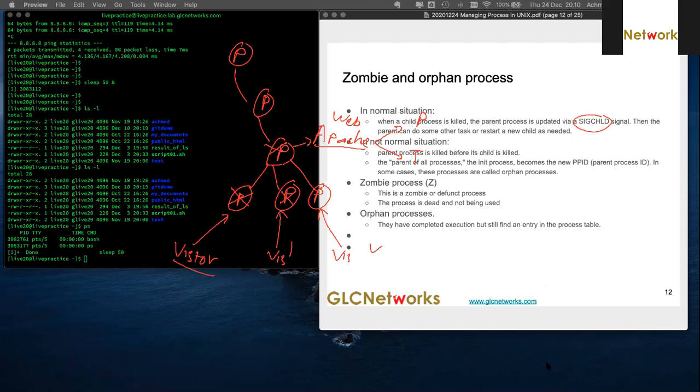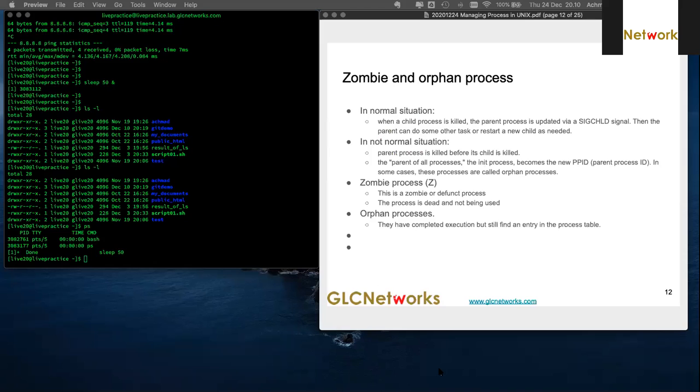Okay, let me draw a new one. In some situations, it happens when you develop C programming, especially based on sockets, you will see this kind of thing. In the beginning, the child is done, so I killed the child, and then the parent process will be updated and prepare for a new process. But in not normal situations, suddenly the parent is killed for whatever reason, or maybe it's a bug in the program. Because we have another parent here, right? Because it's killed for whatever reason,